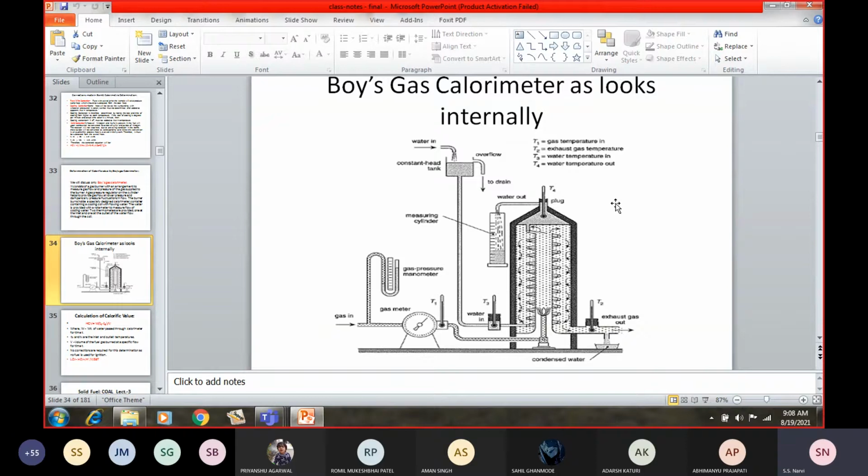Then this water is flowing, if you see the diagram, because water is coming from here and then you maintain a level here, so the flow of water will be constant, isn't it? Or you can put a valve here which will control the flow of water. A constant flow of water will be maintained here.